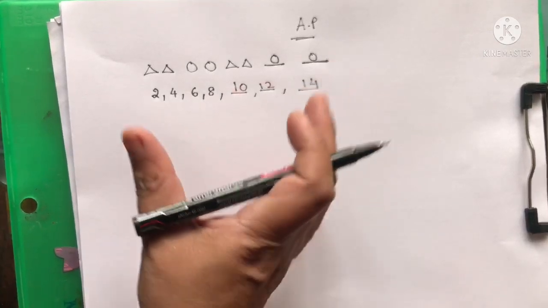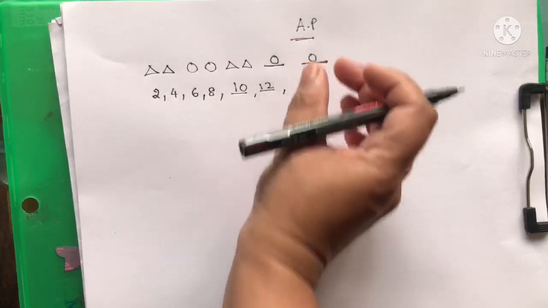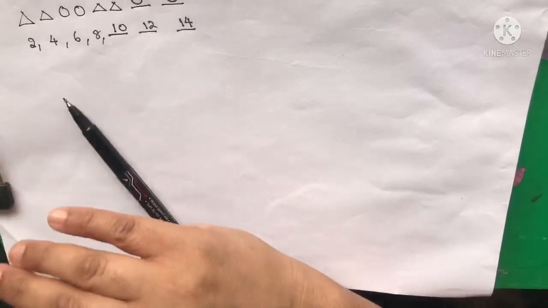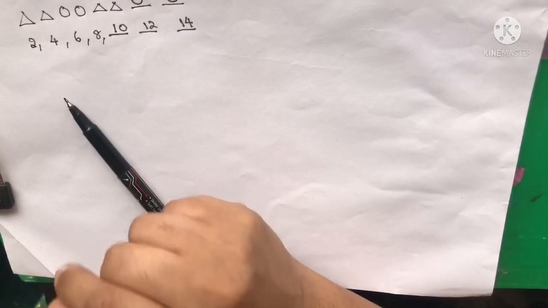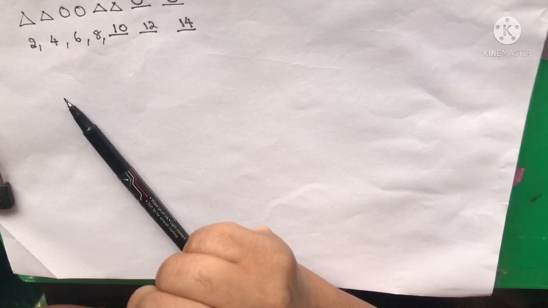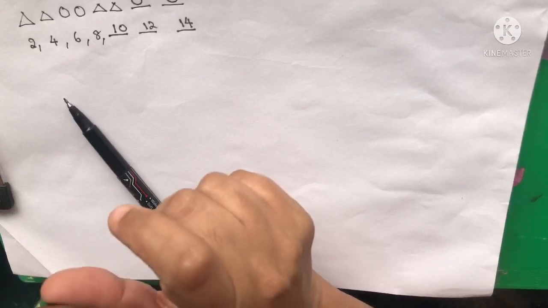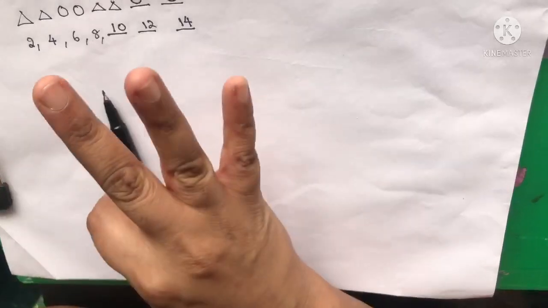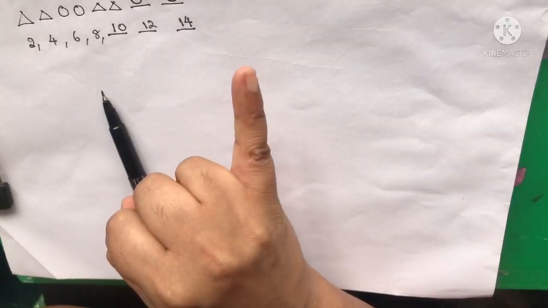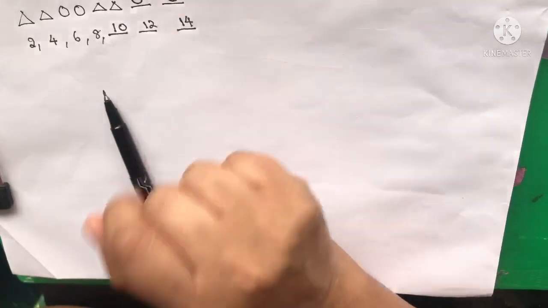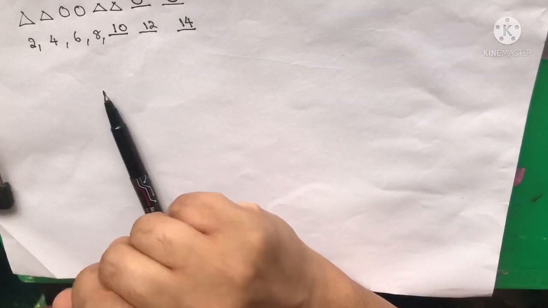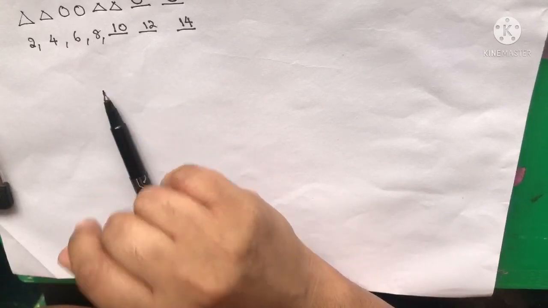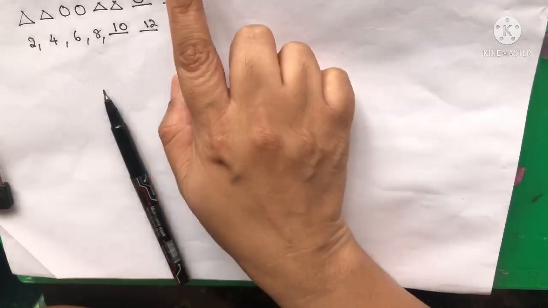Now this is the first basis to understand arithmetic progression. This is called a sequence. A sequence is anything that has a definite order, or works in a definite order. Now sequences are of three types: arithmetic progression, which is also called AP, geometric progression, which is also called GP, and harmonic progression, which is called HP. However, today we will be focusing on AP.